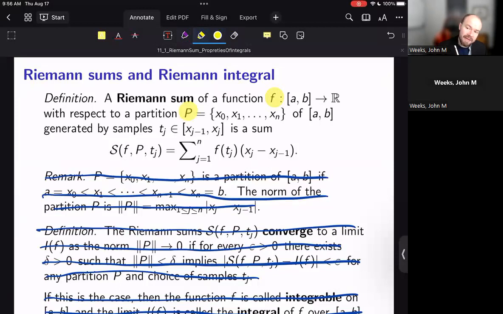So once I have a function, I look to divide the interval going from A to B, that being the domain of this function, the part that I wish to integrate. For this partition, I divide it all the way up so that x0 is A and xn is B. Then once I have that partition, I'm going to go through and say in each of those subintervals, I'm going to pick an x value that's going to dictate the height of that rectangle